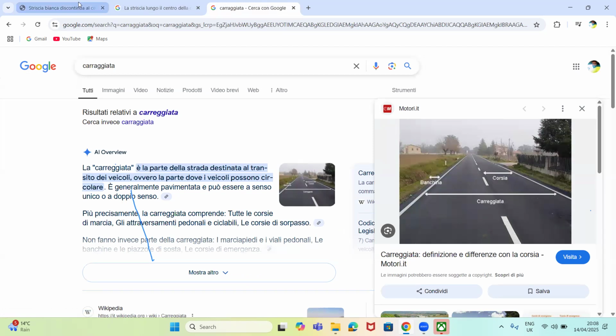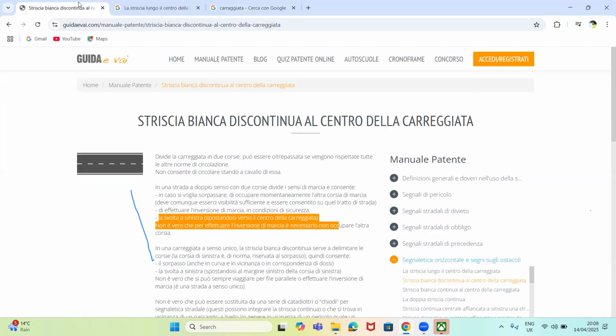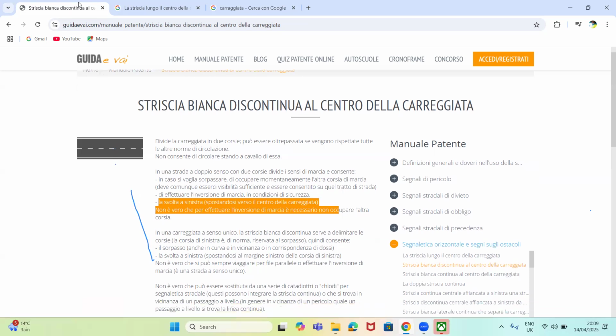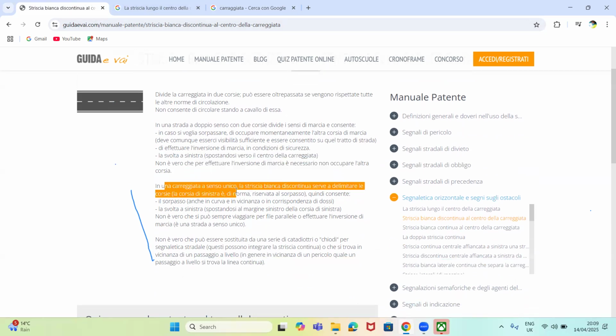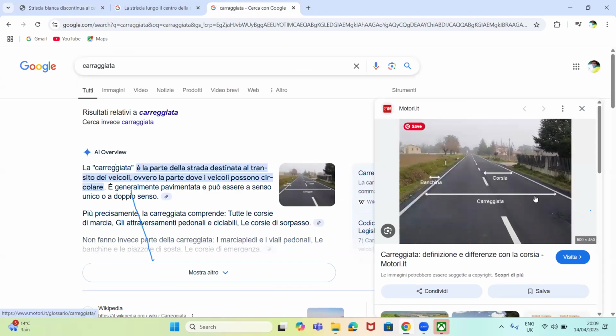All right. That's the only three questions they can mention here concerning this continuous line pertaining to doppio senso. That's all. Now let us turn back to what we know already. In una carreggiata now will be senso unico, because yes, that's what it's supposed to be. La striscia bianca discontinua serve a delimitare le corsie. What does this mean? In a road normally, that is senso unico. A carreggiata like this, the discontinuous line there, they tell all of us this road is senso unico according to the law. That's all. Is it clear now? All the cars are going the same direction. Let's continue.